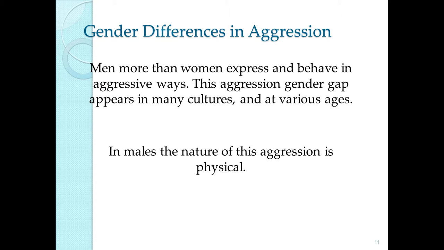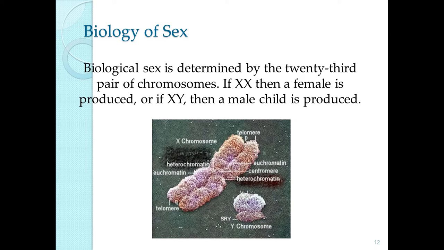So let's talk a little bit about gender development. Like I said, it's all down to the final chromosome of the 23rd pair. If you're XX, then you're female. If you're XY, then you're male. One of the fascinating things about this, though, is that because it requires that Y, which is very small, you can see right here that the Y chromosome is tiny in comparison to the X chromosome.